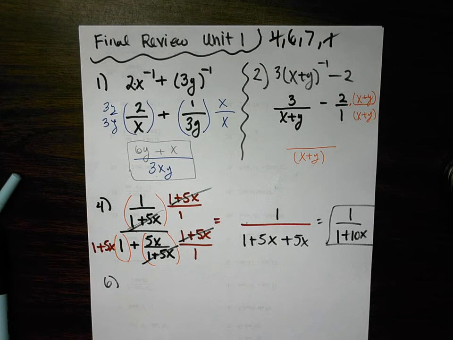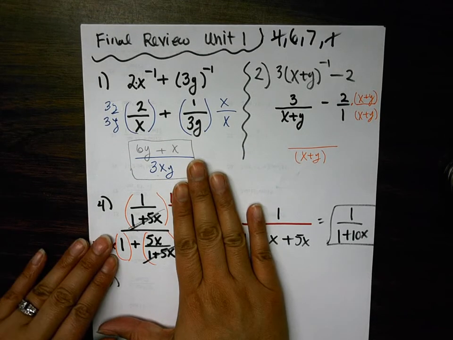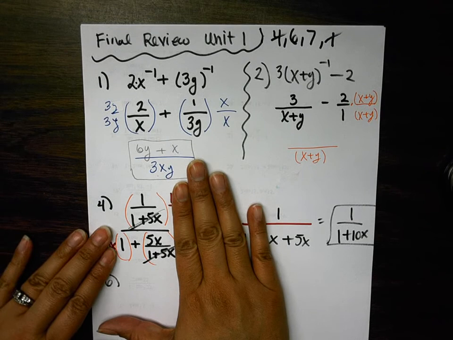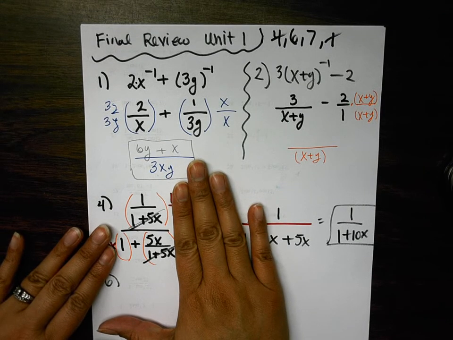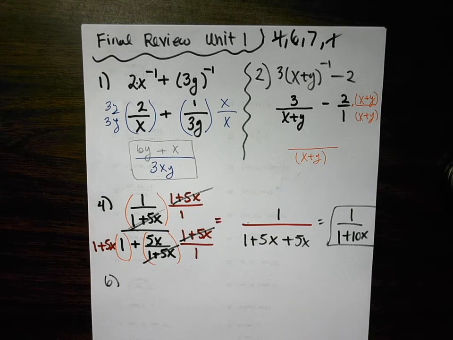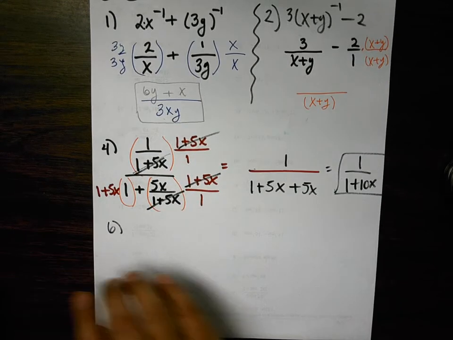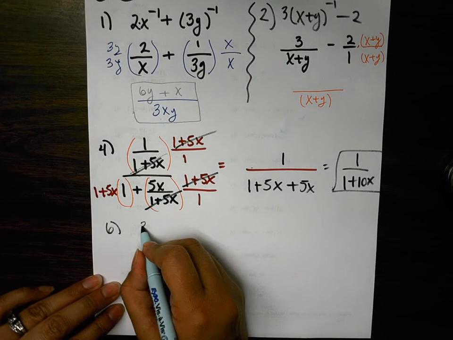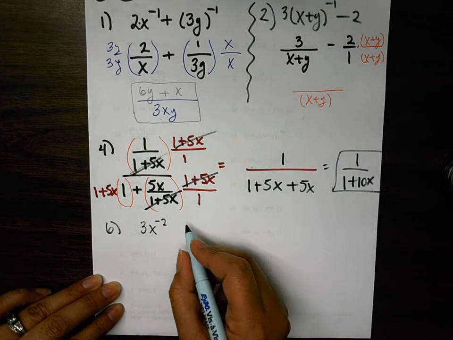Yes. Could you just add the fraction in the numerator and multiply it? Yes, definitely. So instead of doing everything here, could you have written this as 1 plus 5x over 1 plus 5x, common denominator, and then multiplied by the reciprocal? Yes, yes, you could. Does anyone want to see it that way? We're okay? All right. Number 6,